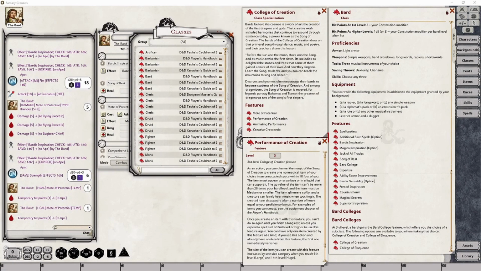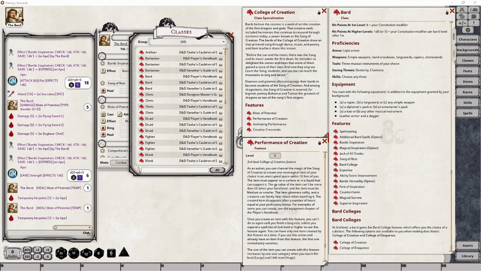The last limitation is that your character is only going to be able to use this feature once before they will be required to complete a long rest to regain any uses. However, you can expend a second level or higher spell slot to be able to use it once more without having to go through that rest period. But in the end, you're still going to require a rest to be able to both regain the expended uses of the feature as well as the expended spell slots that you used up to create additional items throughout the